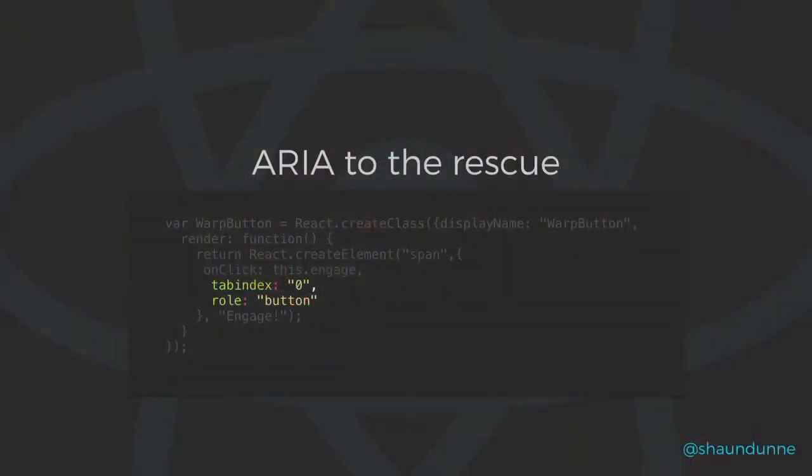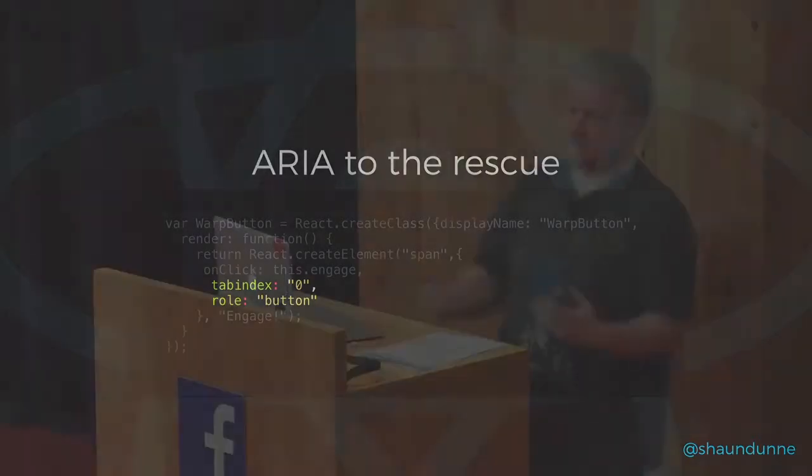What we also want to do is use ARIA role to indicate the purpose of the element. So when a user focuses on it, they'll be told that it's a button, and that sets up some expectations for the user. They know how to interact with a button because that's a native HTML element, and the accessibility tree knows how to treat that. But they also expect that you can hit space or enter to click on that button on their keyboard. So we're not done yet.